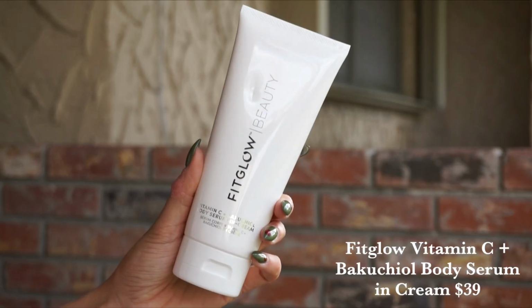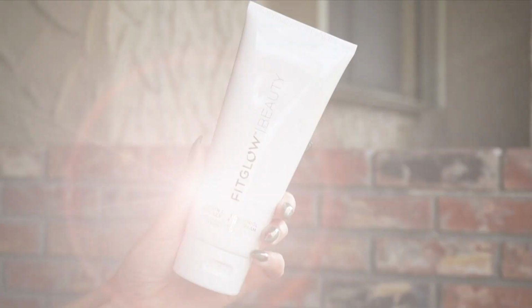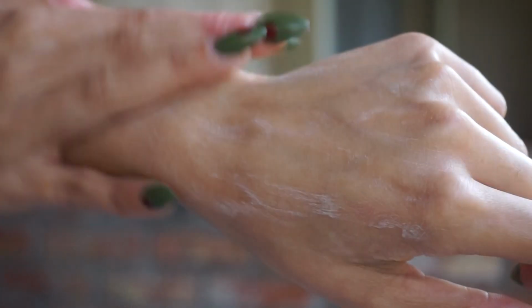Moving right along from FITGLOW, this time of year is always the like rich moisturizing cream time of year, and this is no exception. We've got their vitamin C and bakuchiol body serum in cream. So this is a cream serum sort of in one. This is again designed to use on the neck, décolletage, and body. I did just mention that I wasn't including that as body skin. I was including that as face skin, so now I'm going to pay a little more attention to it,